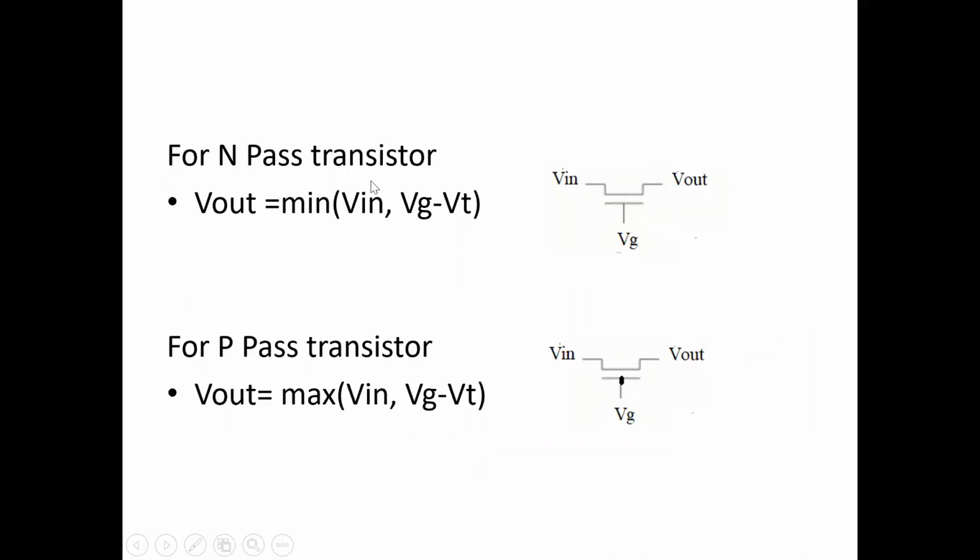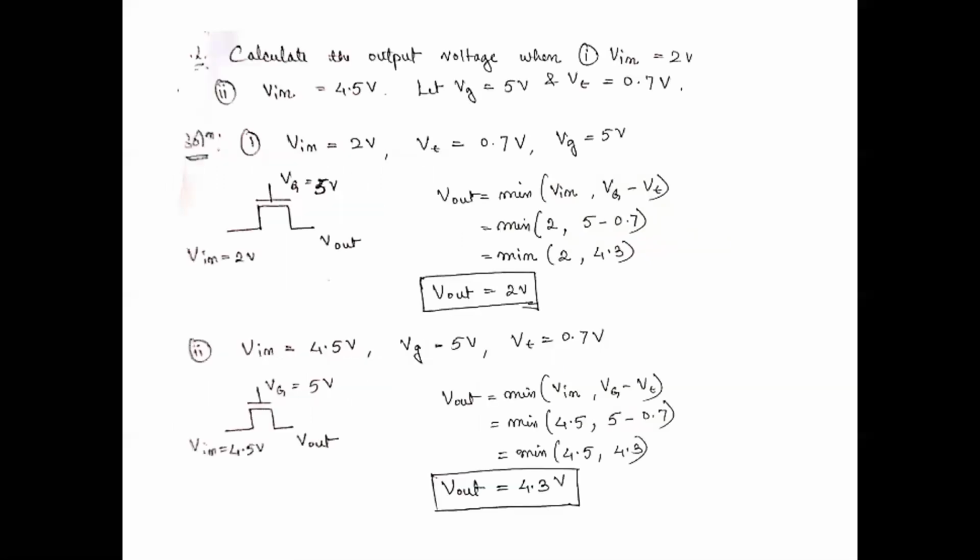For an N pass transistor, V out is the minimum of V in and Vg minus Vt. For a P transistor, V out will be the maximum of V in and Vg minus Vt. Please write this down and we'll do problems based on this. Coming to this problem here,